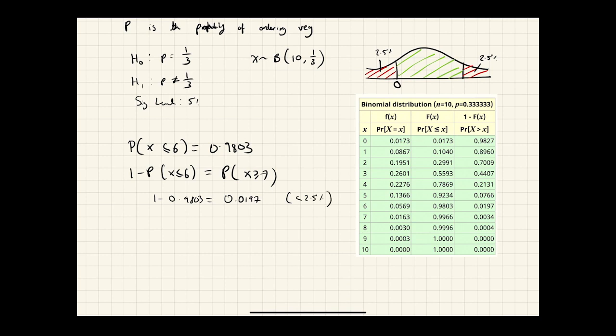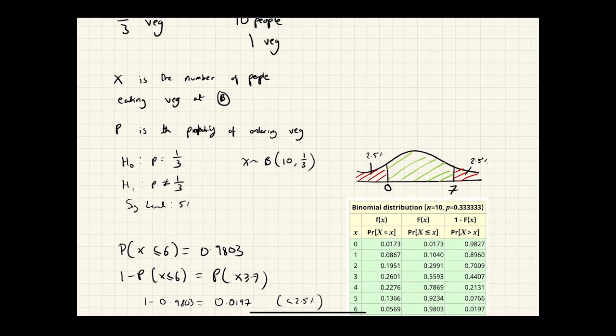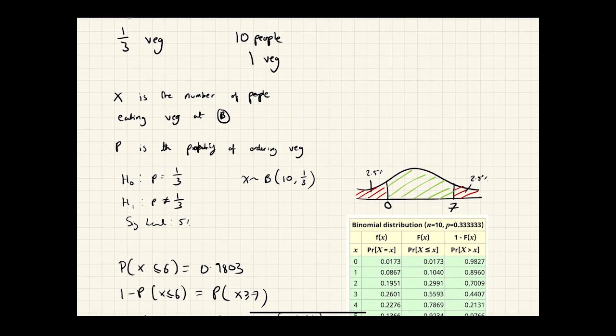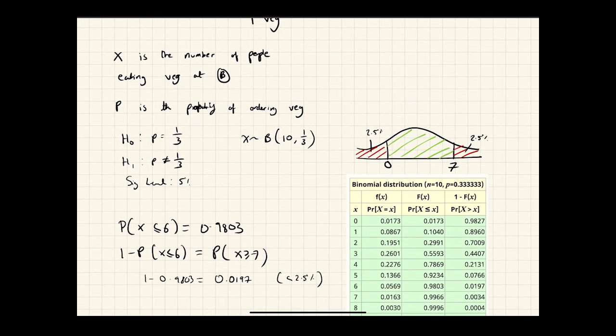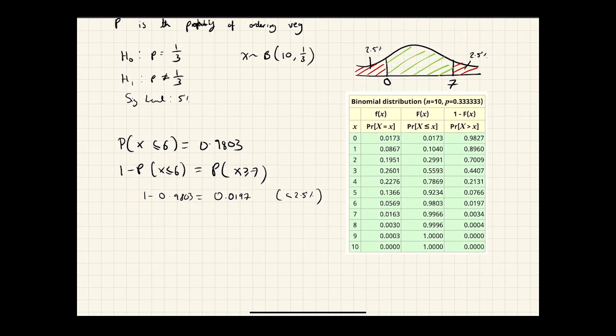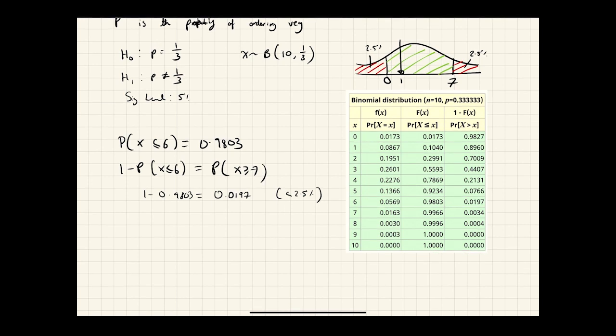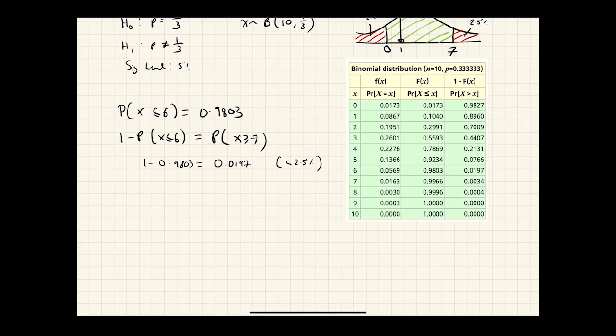So we know therefore the critical region is anything where X is more than or equal to 7, so any of these values here. So we can fill that in, 7. Now as we saw before, our test statistic is 1. Why is that? Because we did our experiment, only one person had veg, and 1 falls right here. And therefore there is not enough evidence for us to do a rejection, because you can see it falls in the accept region. So we'll say there again, there is insufficient evidence to reject